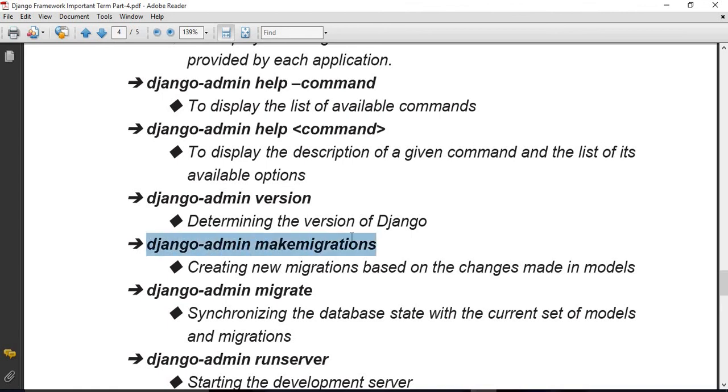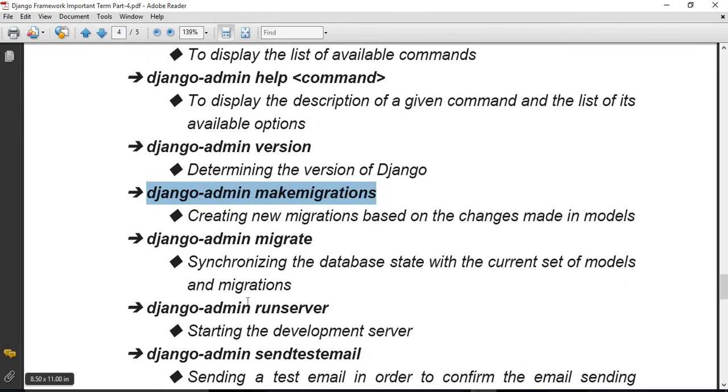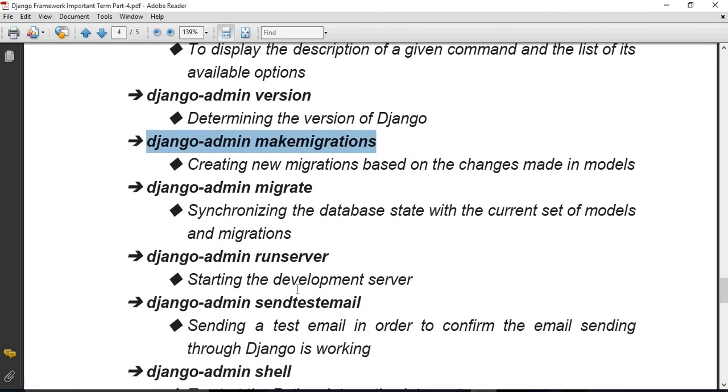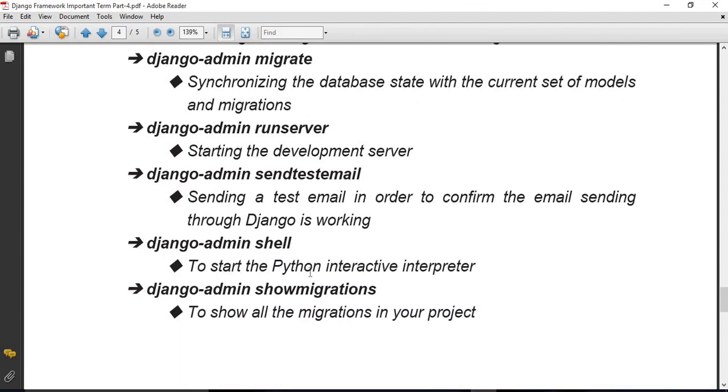It should be practice that we always apply this command and then migrate. django-admin migrate synchronizes the database state with the current set of models and migrations. django-admin runserver starts the development server, and django-admin sendtestemail sends a test mail in order to confirm that email sending through Django is working. django-admin shell starts the Python interactive interpreter. django-admin showmigrations shows all the migrations in your project, whatever we have done up to now, so we can see our status.